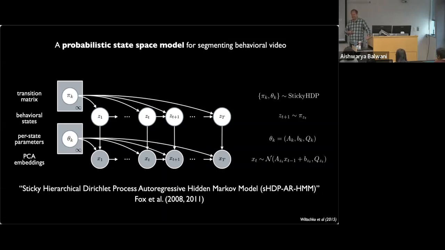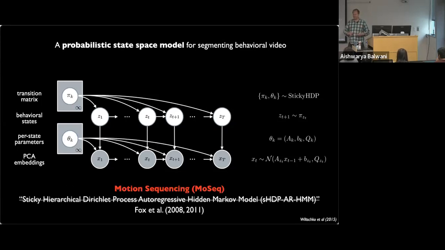So Emily Fox, who just recently joined the stats department at Stanford, is amazing. She did a lot of work on this when she was a grad student and postdoc. As you can imagine, this name did not necessarily catch on amongst neuroscientists, and instead they simply refer to this model as MoSeq, motion